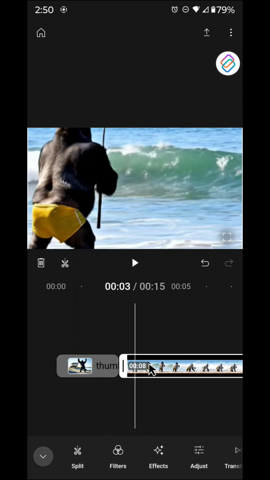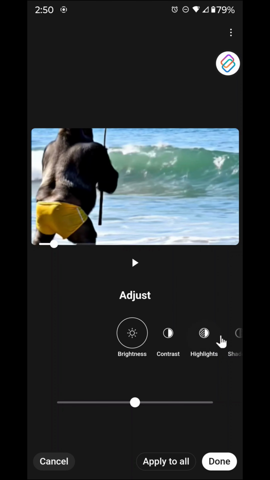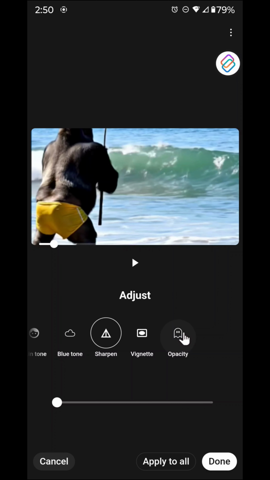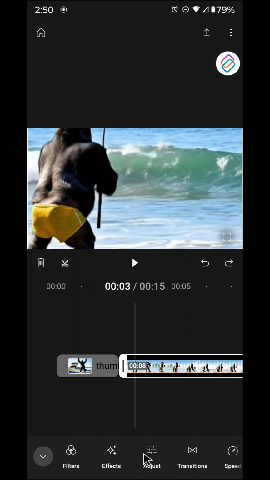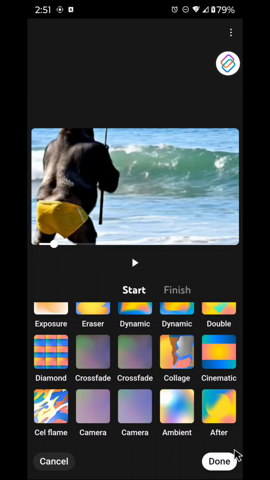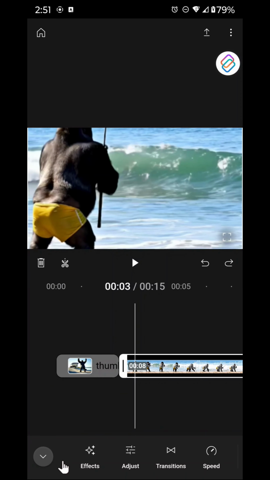Another important feature in this application, especially because you're going to be using your fingers most of the time on the screen: let's say we did something we didn't mean to. Oops. Undo button. Works fabulous. So talk about effects. We got the adjustments, your brightness, contrast, all that kind of fun stuff. But this is also where your opacity hides. And again, you can apply to all or one or whatever. You get transitions. So you get all kinds of different transitions. And as you can see, this is a pretty feature-packed